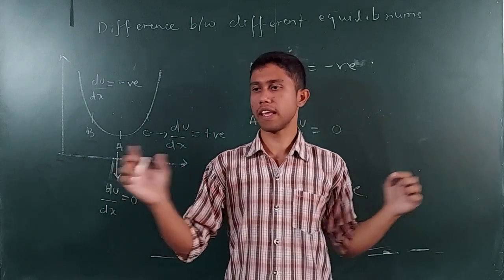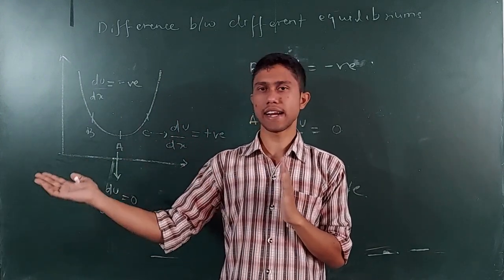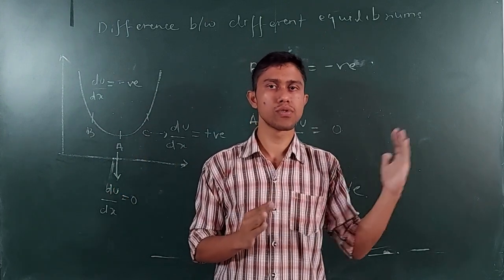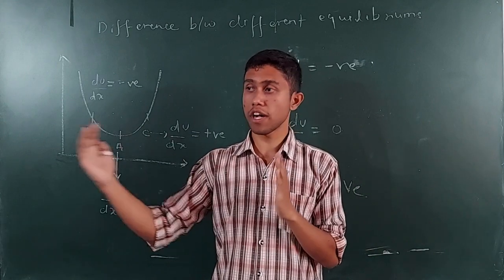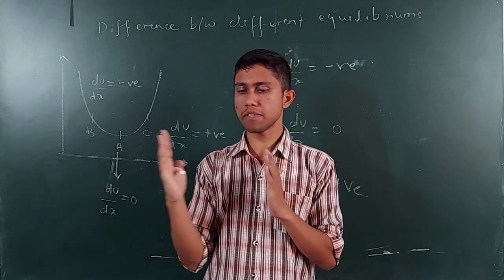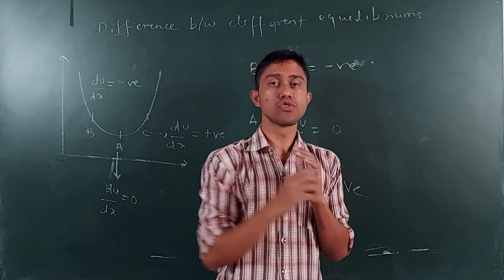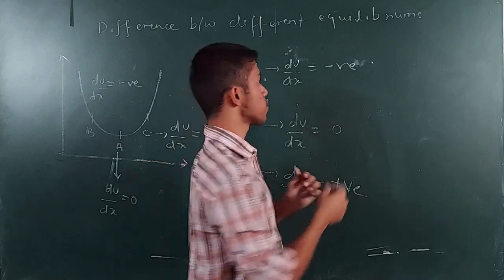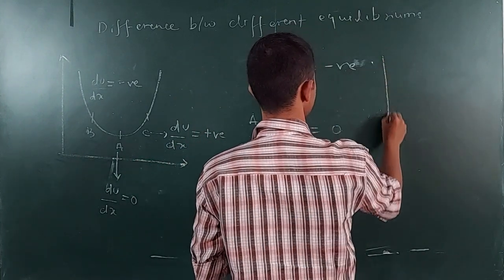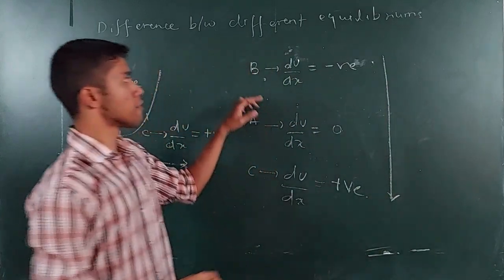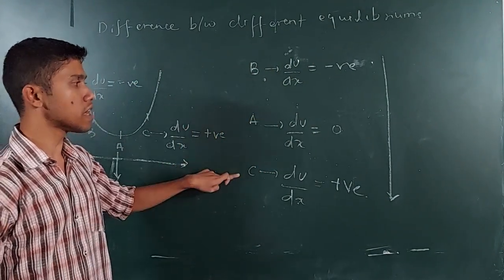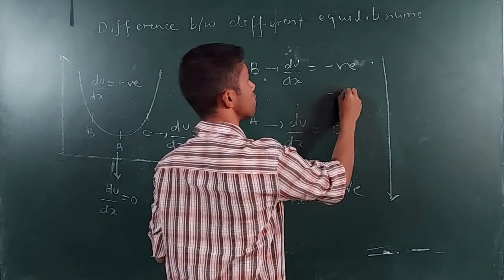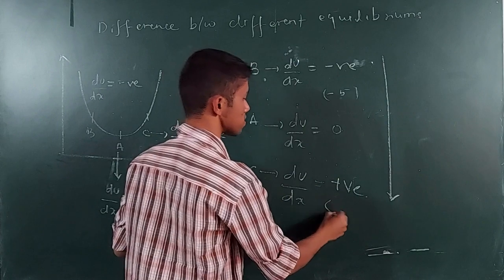I can say that on a number line. This is the number line, here is 0. On the left hand side it is -1, -2, -3, -4, and here it is 1, 2, 3, 4. First of all du by dx was negative, then it became 0, and then it became a positive value. So I can tell that the value of du by dx is increasing. In my journey from point B to C, the value of du by dx is increasing. Suppose this is a negative value such as -5, this is 0, and suppose this is +3.